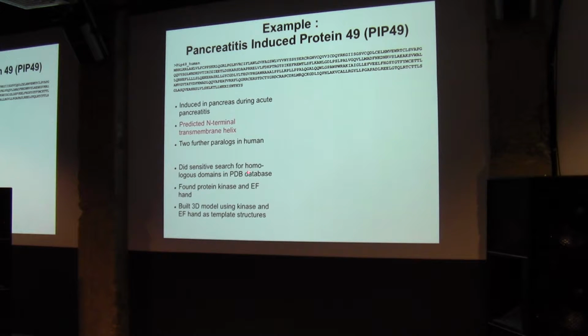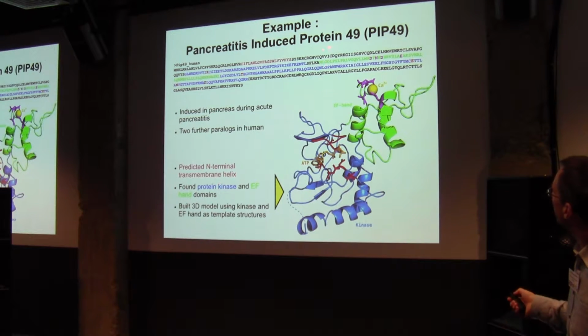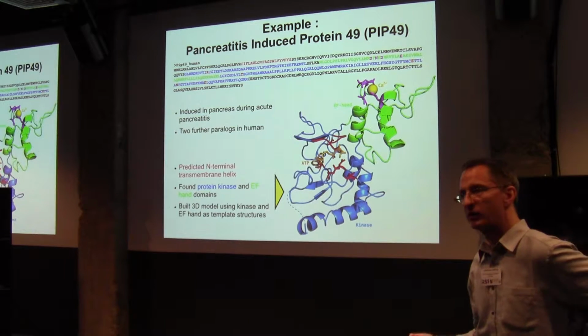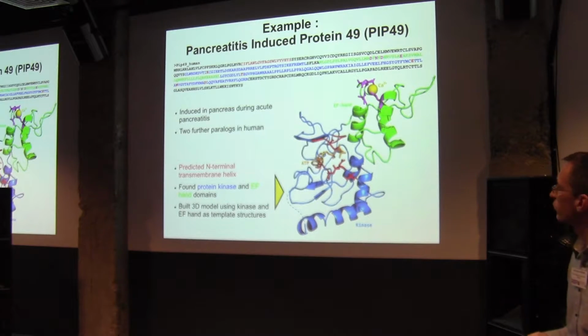So we used our homology search and predicted that, apart from the helix we also found, it actually contains two domains. You see a green one inserted into a blue one, and the blue one is a protein kinase domain, and the green one is an EF hand. And probably also because of this insertion, which is rather unusual, it's the first protein where this insertion is known, it was not picked up by other less sensitive protein search algorithms.